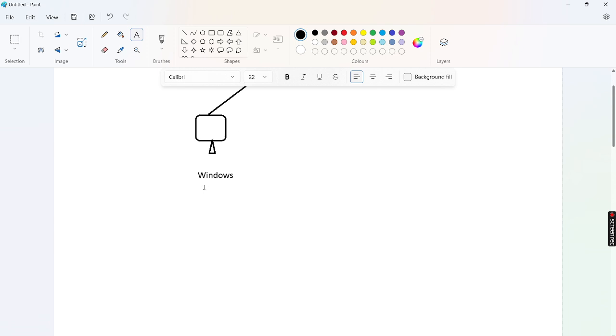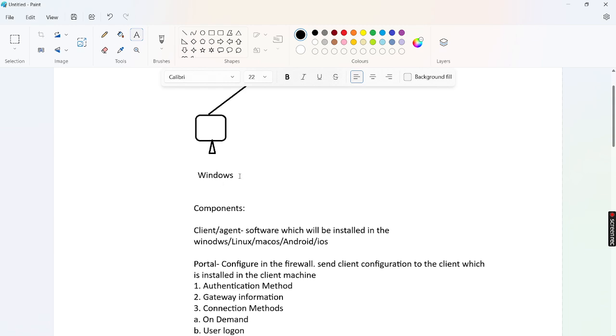Install the virtual adapter. Okay, along with the Global Protect client, it will